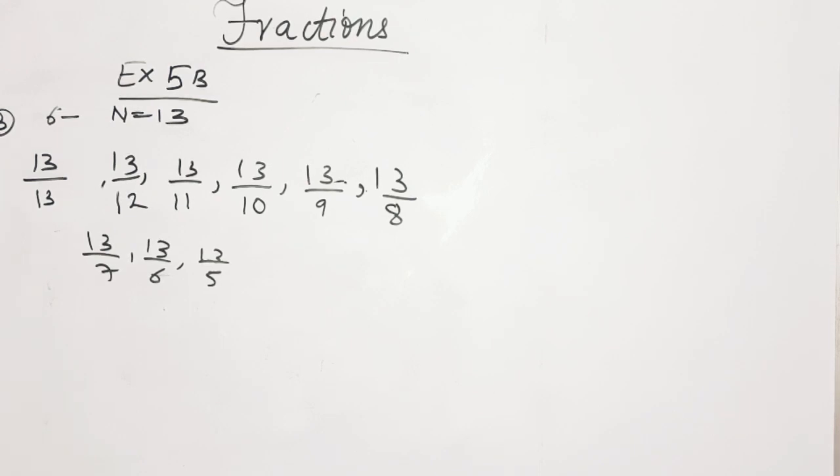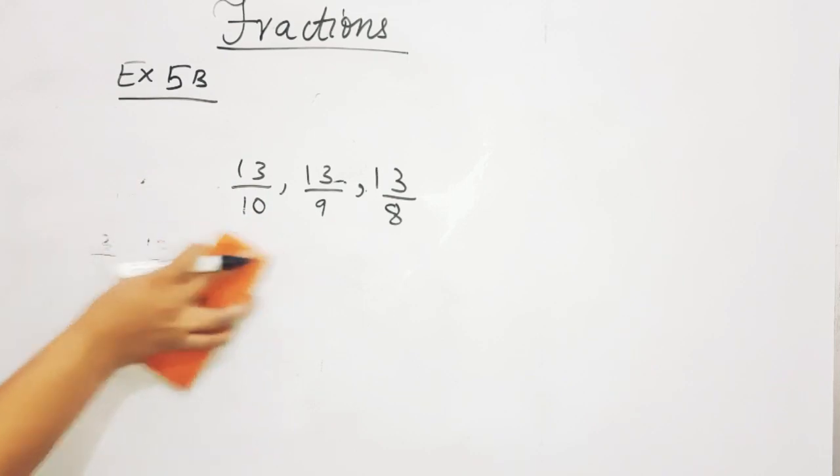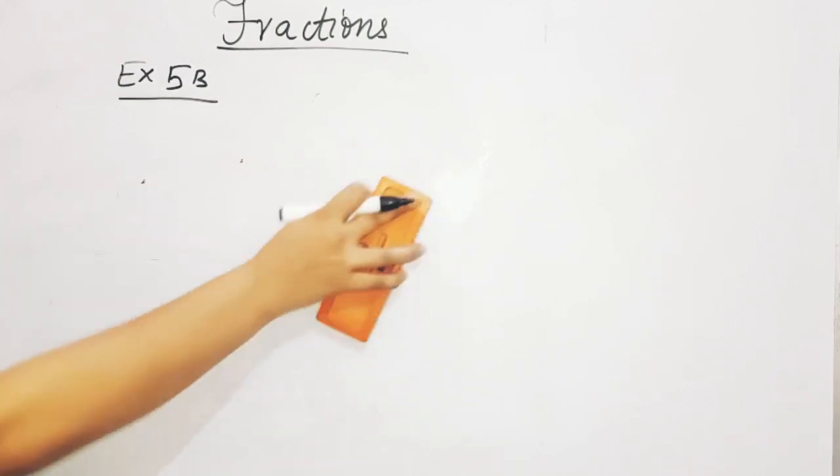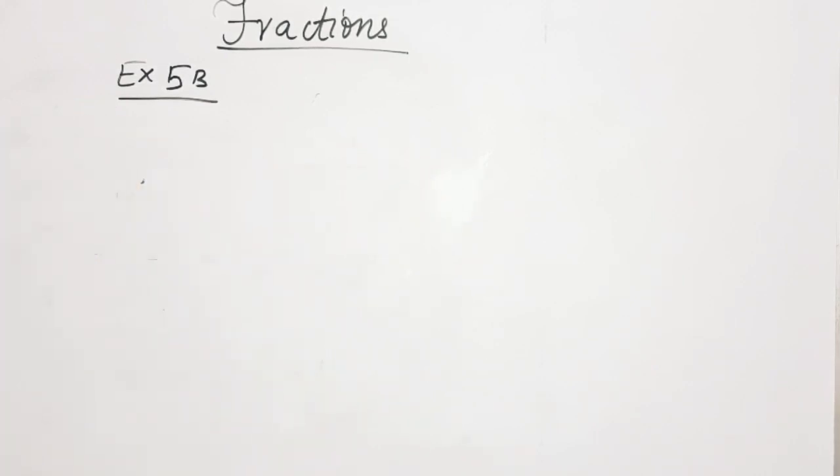Coming to the next question, that is question number 5. So let's begin. Question number 5 is convert each of the following into an improper fraction. आपको improper fraction में change करना है. I'm not going to solve all the options. Some of the options will be homework, some of the options will be classwork. तो आपको mixed fractions दिए हैं, आपको इसको improper fraction में change करना है. I'm solving the last 4 options. So fifth option is, this is fifth question, right?